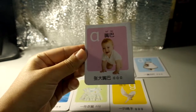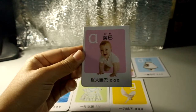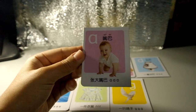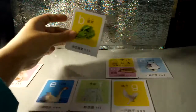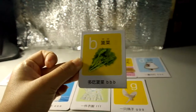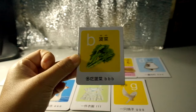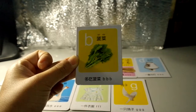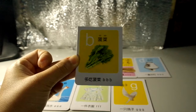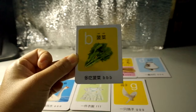Open your mouth. 张大嘴巴。It's very easy, right? And second, B. Oh no, it's bo. Just like B-O, right? Bo. 菠菜